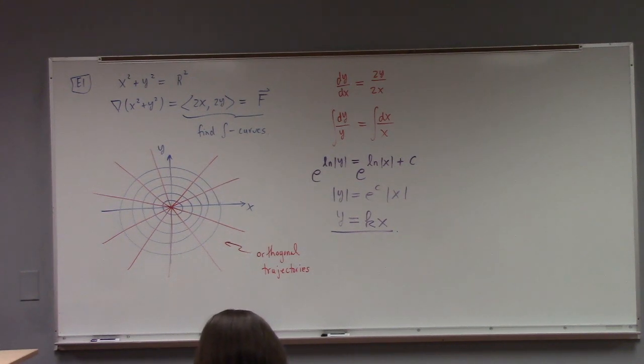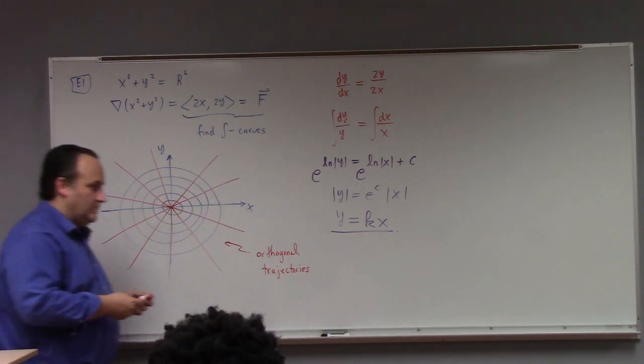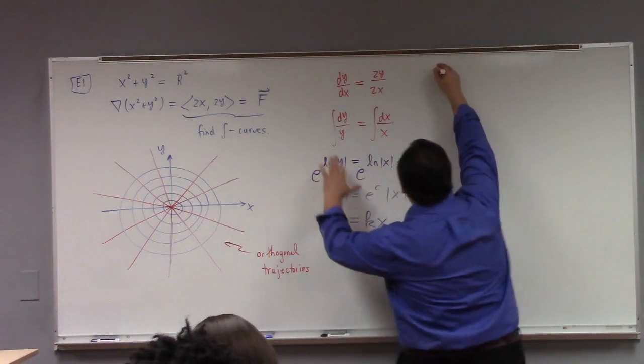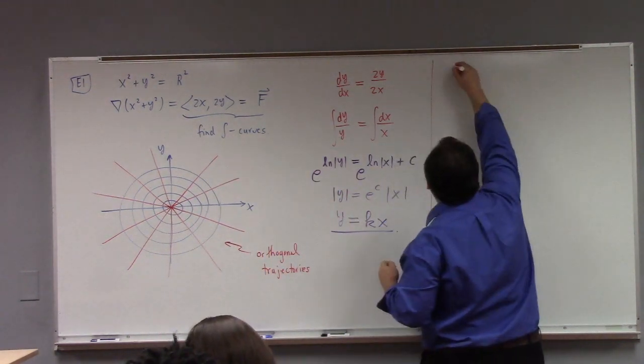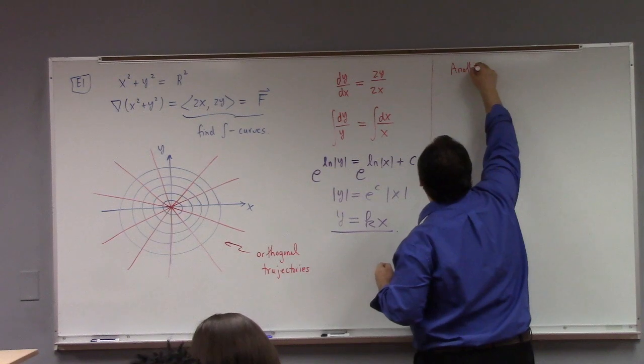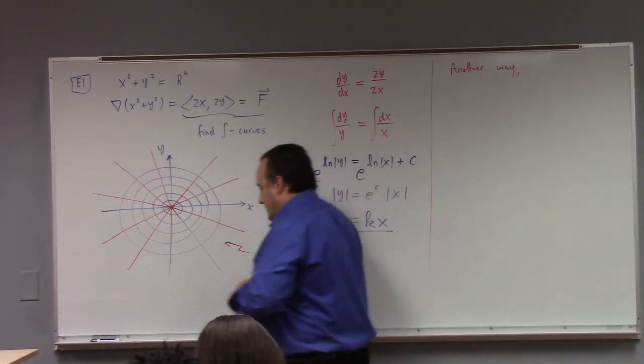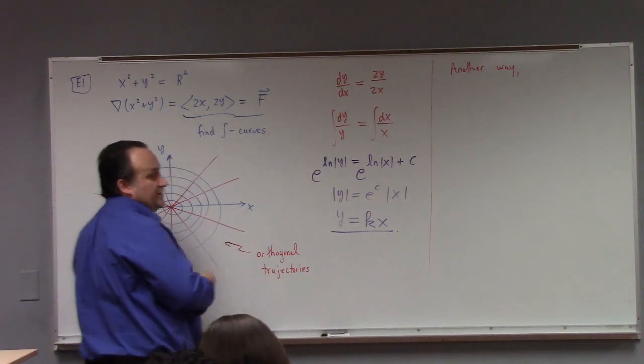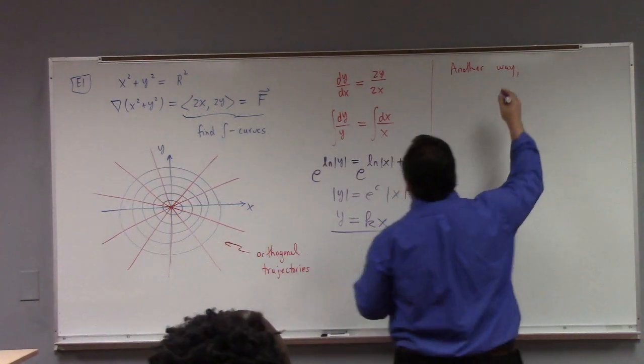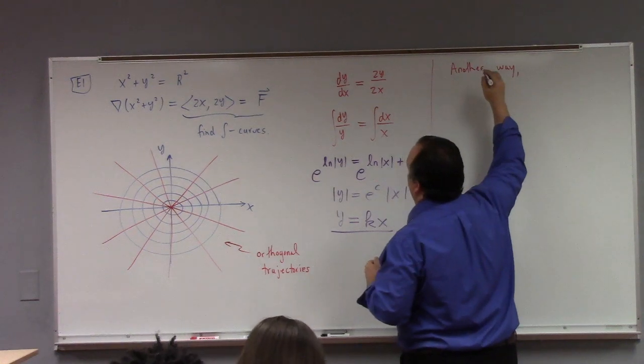So you guys told me I should find the integral curves to this vector field by separation of variables. Is there another way? So this method was separation of variables. Another way. We can look at the so-called Pfaffian form of this differential equation. So what do we have? We have, what we have is